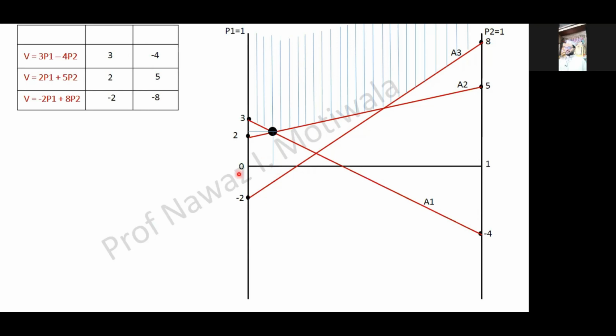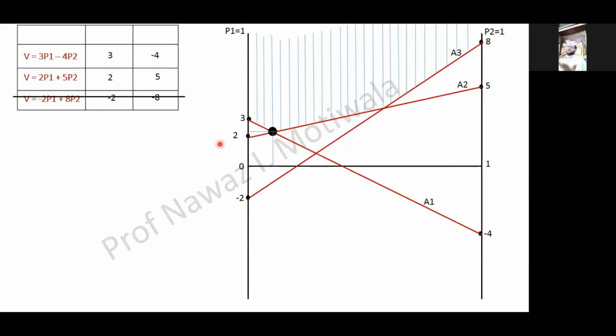ठीक है, बट अभी तो हमारे पास हमने सब आर्बिट्रेली बनाया है, तो हमारे पास ग्राफ तो है नहीं. तो अब क्या करना है, so what you have to see, this point is on intersection of which two lines. देखो मैंने मार्किंग भी कर दिया, it is at intersection of first line and second line, A1 and A2 जो हमने प्लॉट किए थे. So it is intersection of A1 and A2. Hence I will cancel out this strategy. क्यों कैंसिल कर दिया, because that point which I got is on intersection of first and second line. Hence I will cancel out this third line.